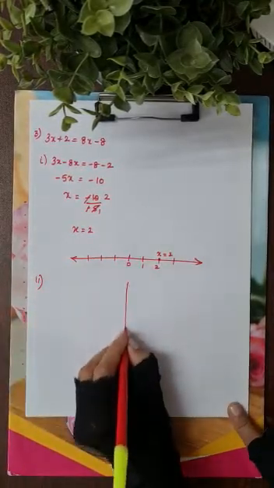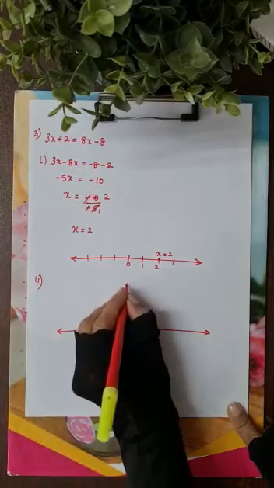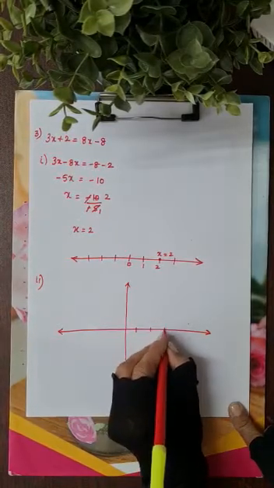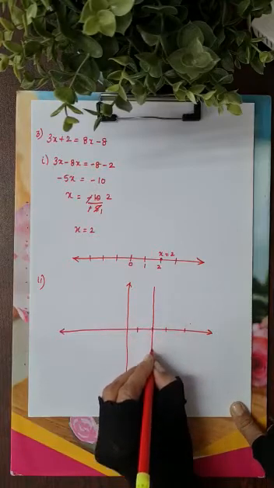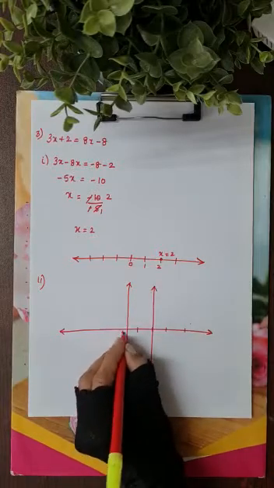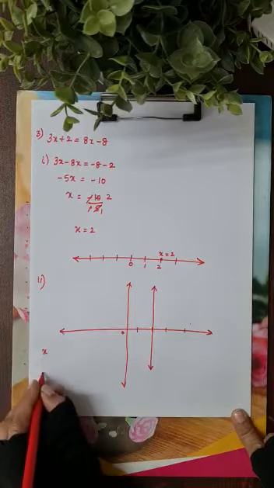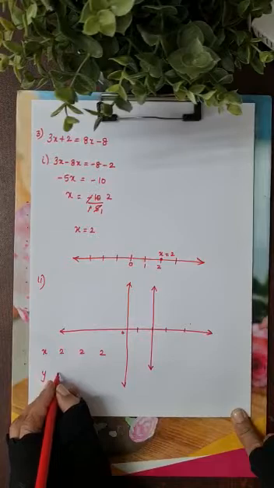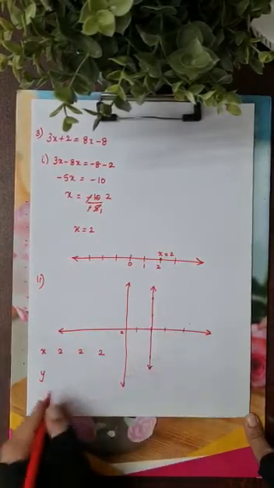Again, we have to draw the Cartesian plane in the graph book. Okay, children, you have to plot it in the graph book. We have x is equals to 1, 2, 3, 4. So we have x is equals to 2. It will be a line parallel to y-axis at a distance of 2 units from the origin to the right of the origin. Okay. So you can write the value of x here and y. x is 2 throughout and y can be any three values on this graph. Okay. I hope it is clear.